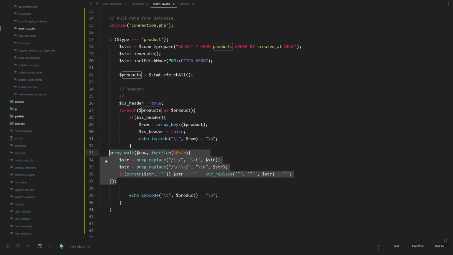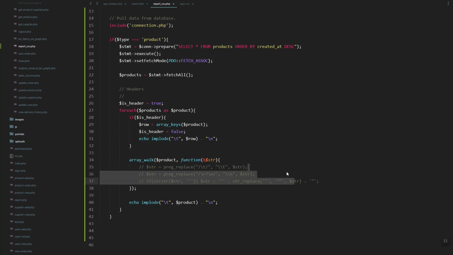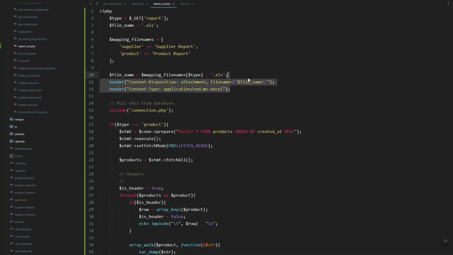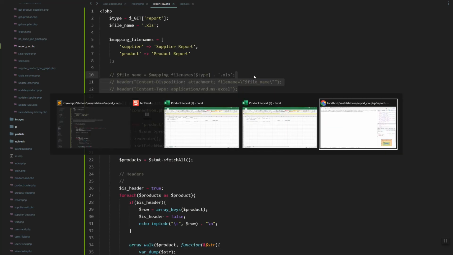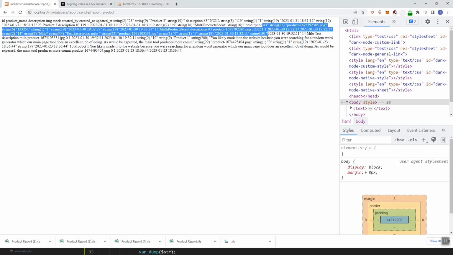This function is basically checking each value of this product, and if we just try to dump the string and remove, as you can see here we have the individual data,